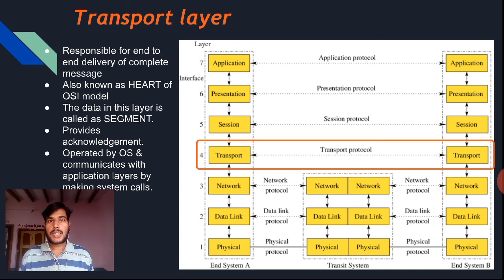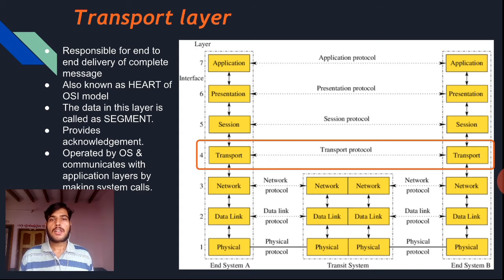This is operated by the operating system and it communicates with the application layer by using system calls. So it has to ensure that whatever message is sent by the sending system, it should completely reach the destination.